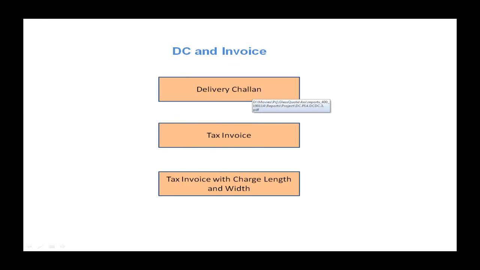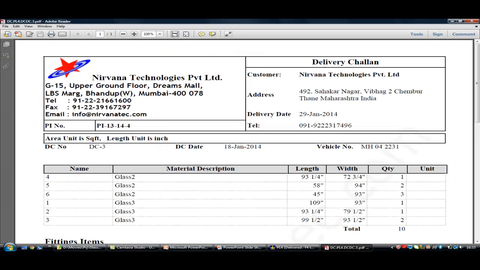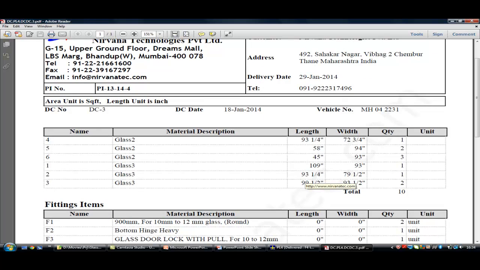Next one is delivery challan. You'll get customer delivery address, delivery challan number, delivery challan date, vehicle number, and list of items delivered for the particular delivery challan.